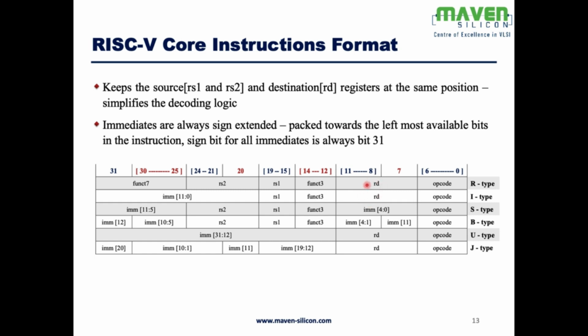RD is placed at the same position for almost all instruction types. And function 3 is again placed at the same position for all the instruction types. So this simplifies the decoding logic. This is the advantage of a RISC-V processor. Alright,